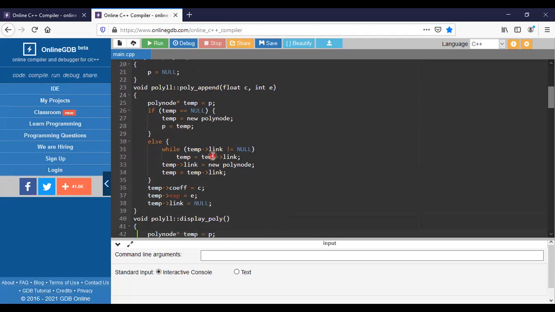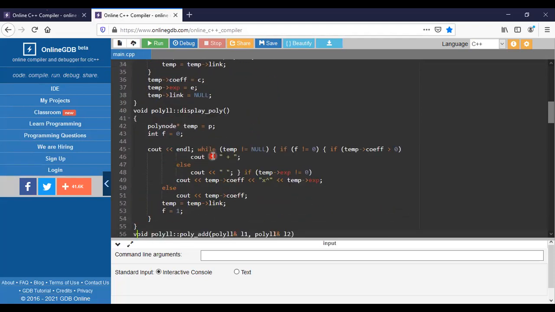And coming to displaying the values. Displaying simply needs the temporary values that we are having. If the coefficient is there, we need to read that coefficient and then place a plus symbol there and go on. If the coefficient is not there, that is, equals 0, then it has to stop the reading and perform the next action.